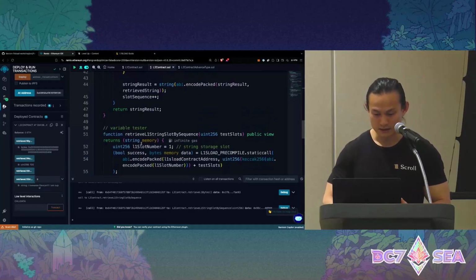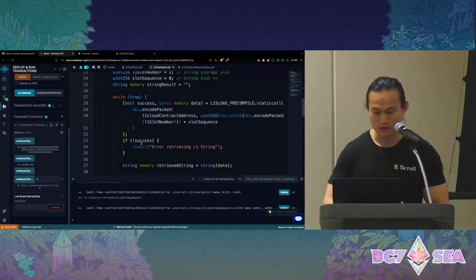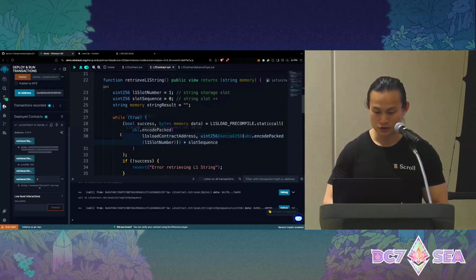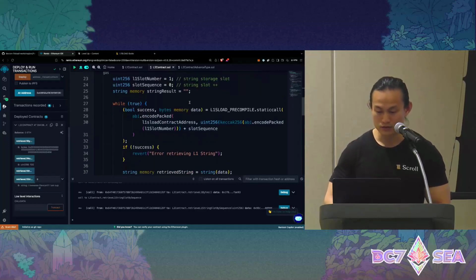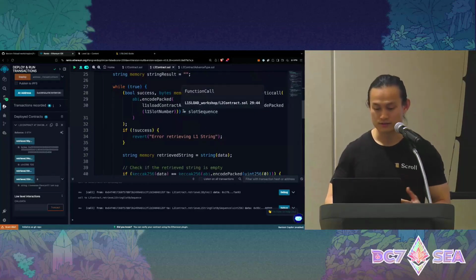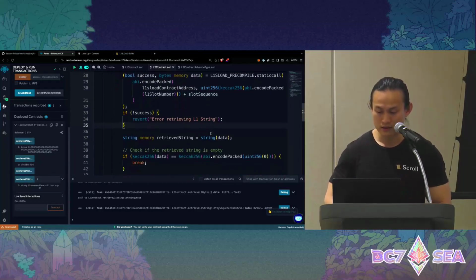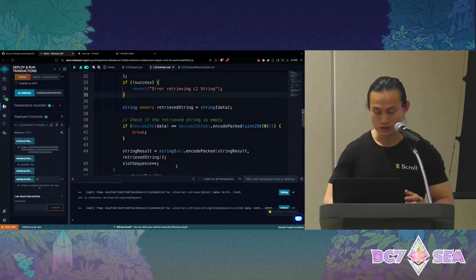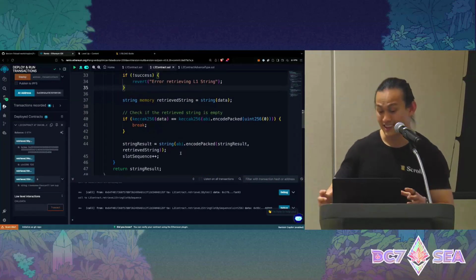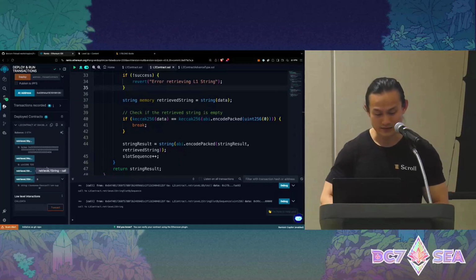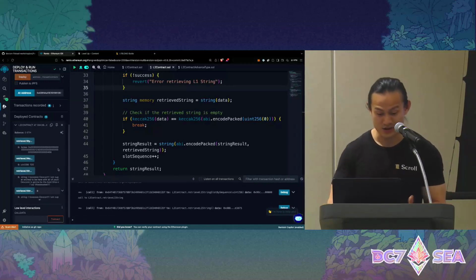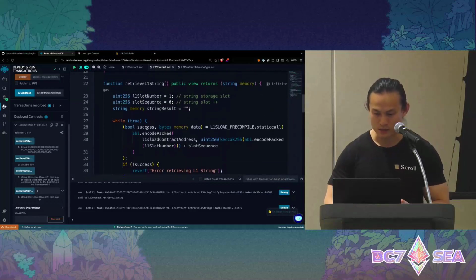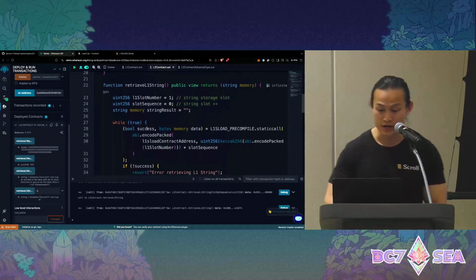But if, let's say, we were to create a while loop for it, so as long as it's true, we are able to concatenate all of the string data together. It should be able to help us concatenate the entire string result together and give us what we have passed: "I love DEF CON, I'm super excited to be here with all of you." So that was me speed running it. Let me dial it back, and then we'll see step by step how we actually retrieve